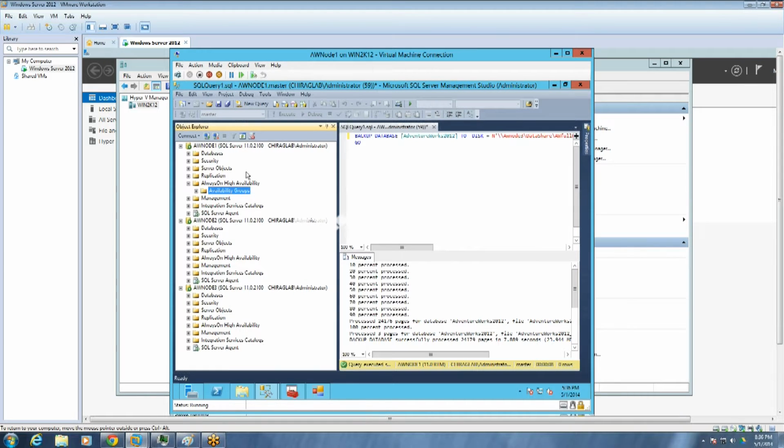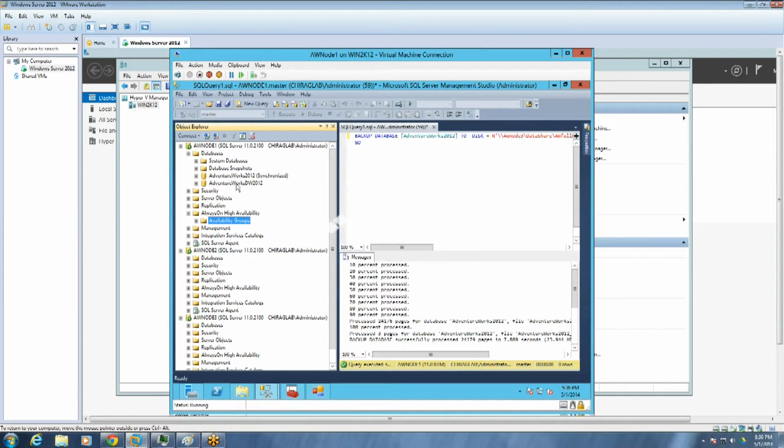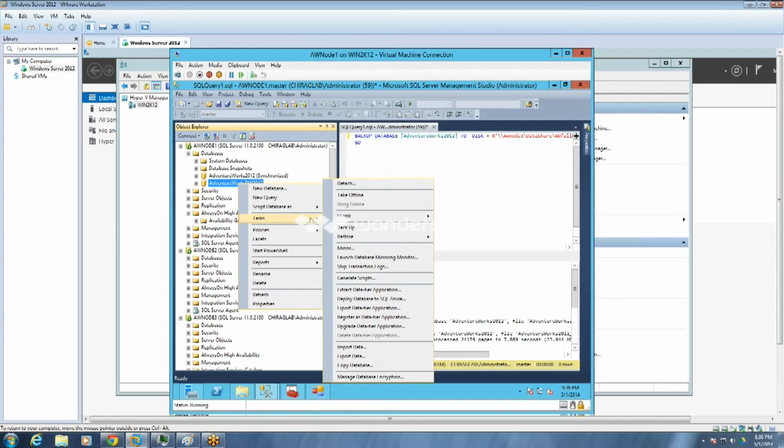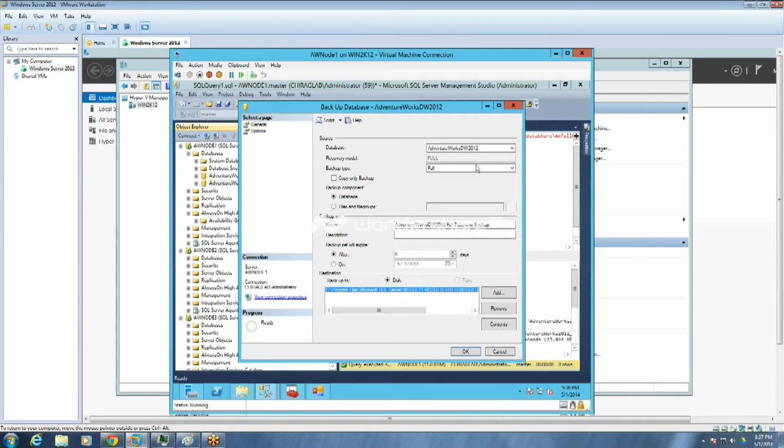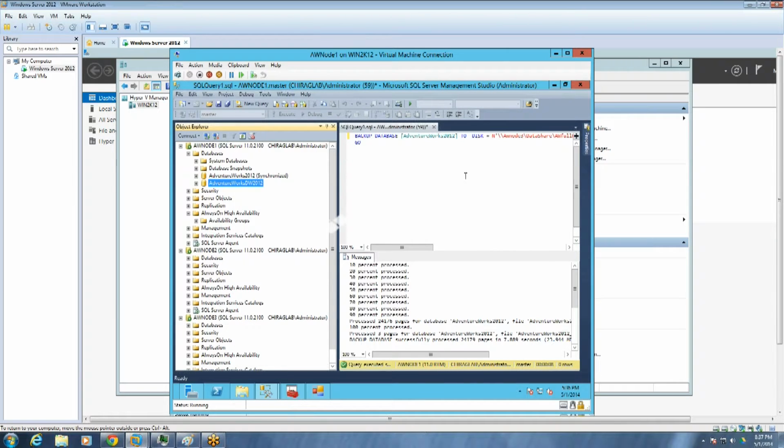So let's go down to the databases. If you see, this is showing a synchronized one. Anyway, let's go into the task. Again, we need to do a backup. Go to the backups, choose add the device and all that, and I prefer to generate a script. So let's close it out and make a script for DW over here. The database name is AdventureWorksDW2012.